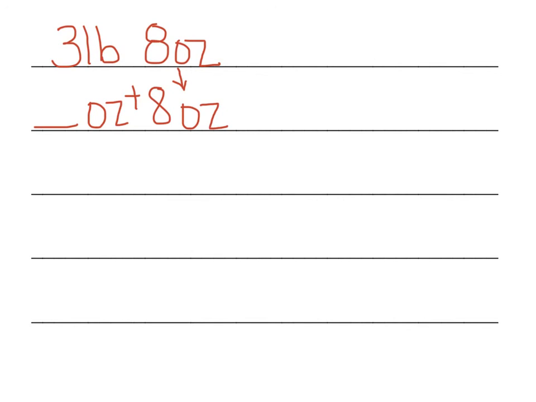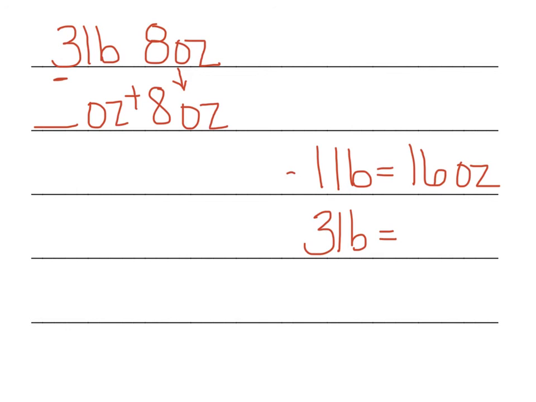So I would go over to the side and say, well, what's my conversion? I will be giving you a conversion chart, by the way, so you don't have to memorize them all. 1 pound equals 16 ounces. Well, up here, I have 3 pounds. So down here, I'm going to put 3 pounds